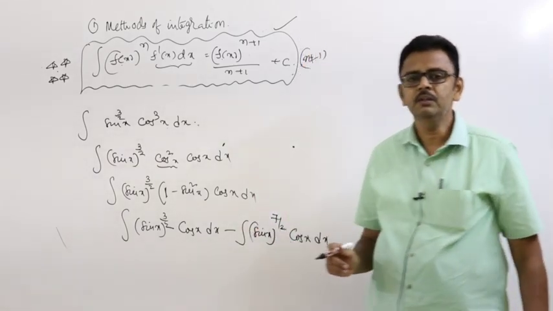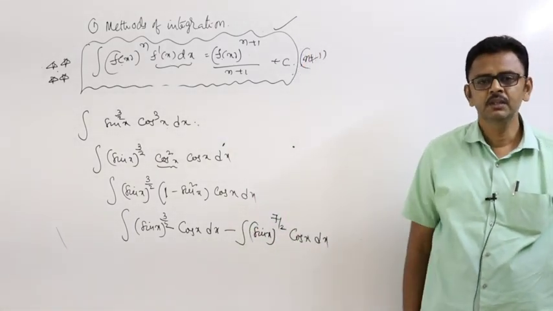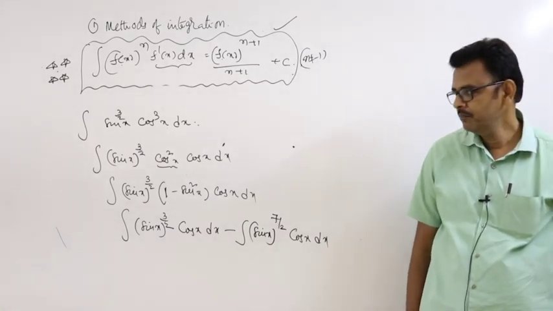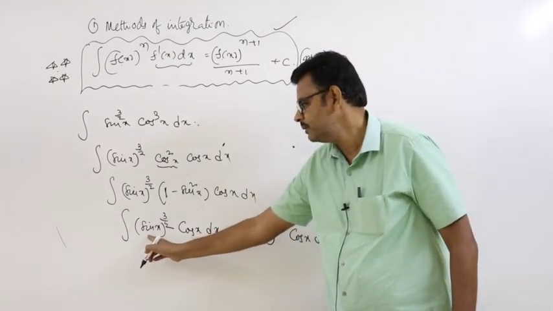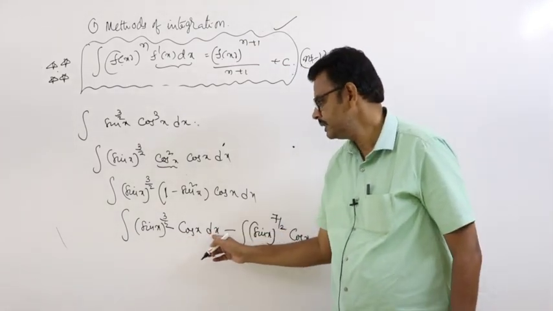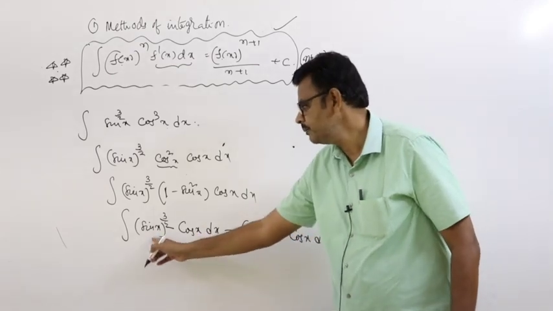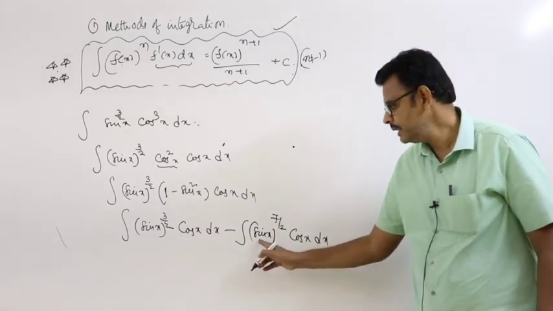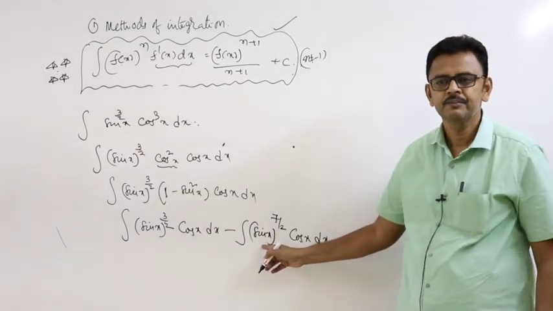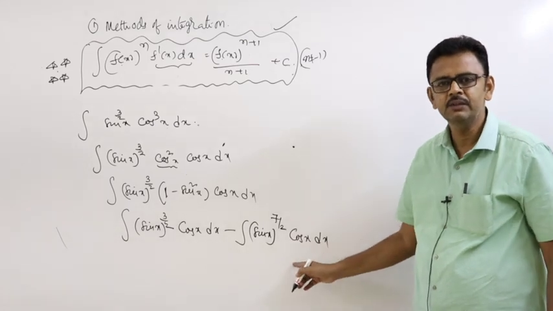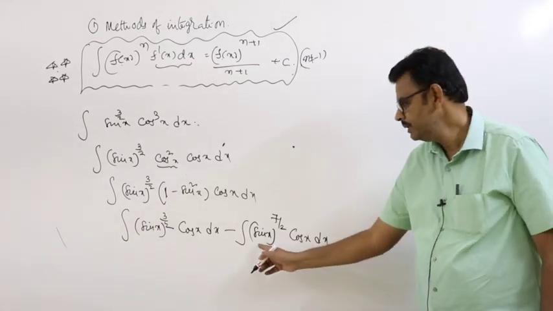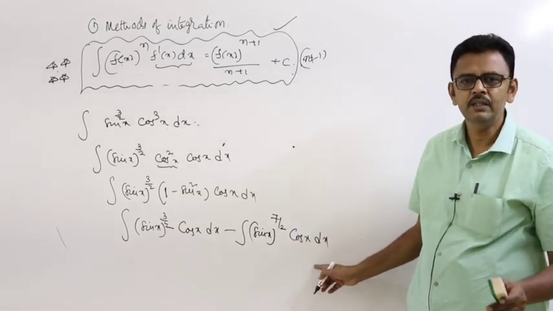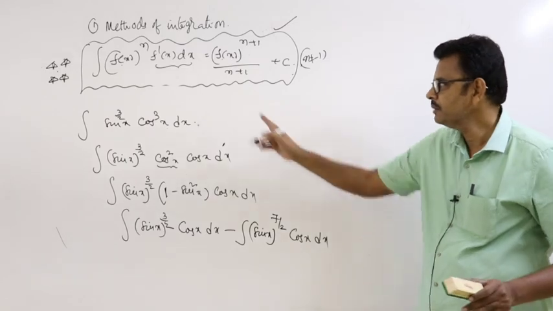If it is possible, we can go through the direct process. Please try to avoid the substitution method slowly, because if you take sin x equal to t, cos x dx is dt. So this becomes t to the power of 3 by 2. Already we used t once, so there sin x equal to some u. So, cos x dx is equal to du. Now, this becomes u power 7 by 2 du. So, please try to avoid the slow substitution method and use this.